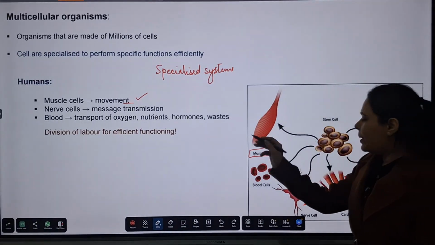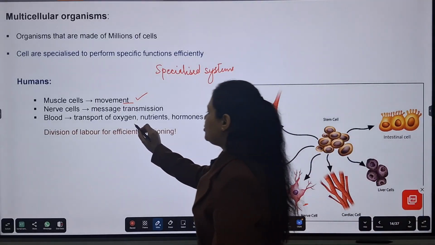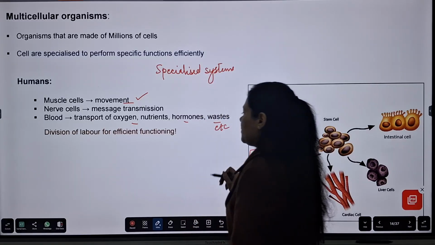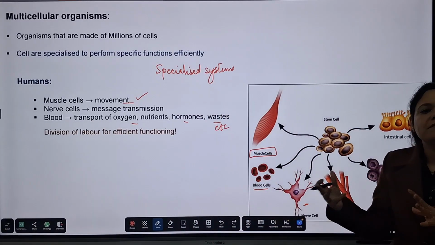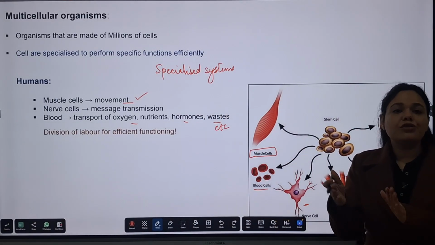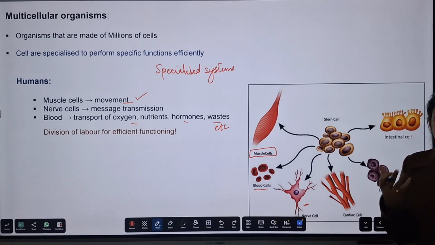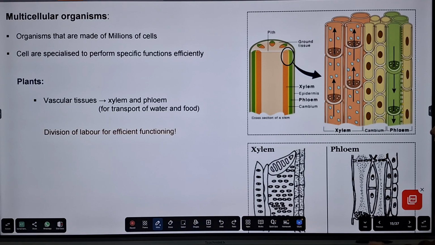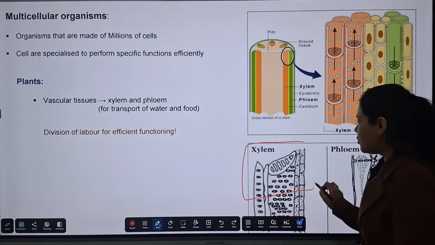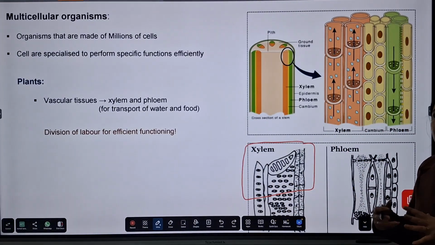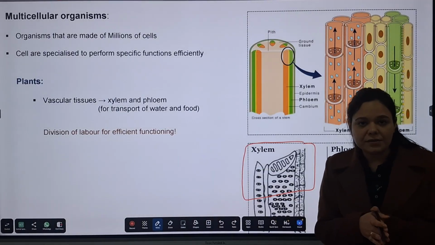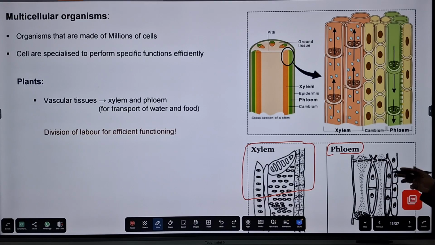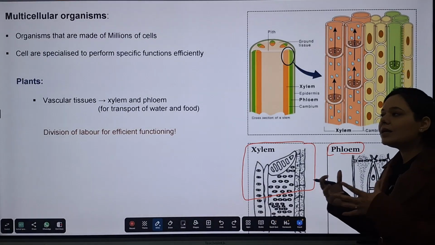Then blood is there for the transport of oxygen, nutrients, hormones, waste, etc. So different cells are performing different functions. So there is distribution of work which makes them more efficient than unicellular. Now let's see the case of plants also. Different group of cells, we call them xylem, are performing the function of transport of water and nutrients. Another group of cells, we call it phloem, is performing the function of transport of food,